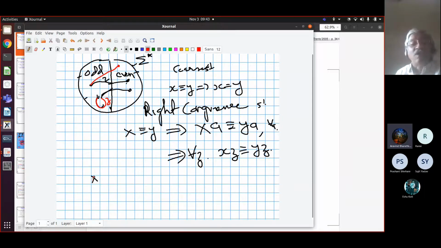Now, if you take the equivalence where every word is equivalent only to itself, that is also right congruent. Because x is only equivalent to x and to nothing else. When you extend the left-hand side by an a, it is the same as extending the right-hand side by an a. So it still remains right congruent, right? Now the point is, this right congruence will hold for many different kinds of equivalences, including the finest partitioning of sigma star, where every word is partitioned into its own equivalence class. No two words are combined into one class. That will also be right congruent.